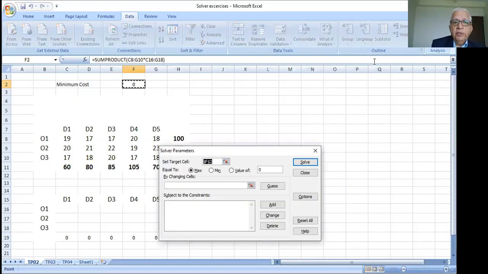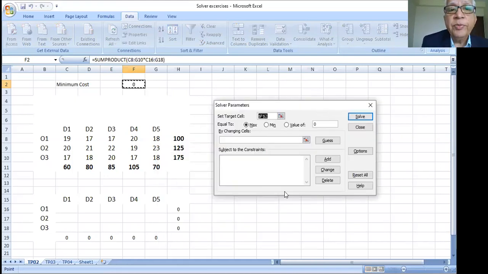Okay. Now see here, the Solver tool has opened a window. What is the target cell? Okay. This is the target cell. The target cell is shown as F2. Can you see? It is F2. So F2 is the target cell which has been shown here. Okay. Now with the target cell F2 set, is the problem for minimization or maximization? It is for minimization. So choose between maximization and minimization. Choose minimization.